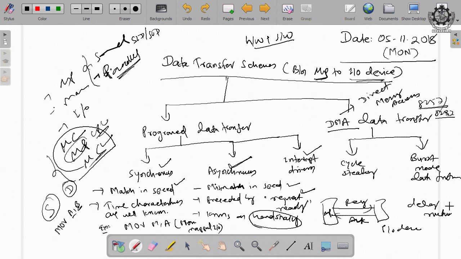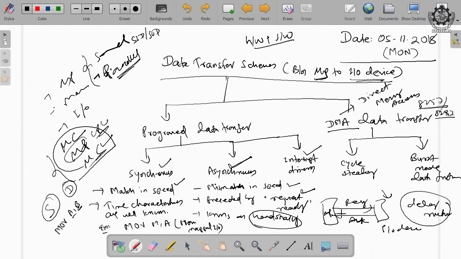So, we have to write a delay routine which will be used for matching the speed between the microprocessor and the device. This delay routine is unnecessarily executed within the microprocessor, and it causes wastage of time.